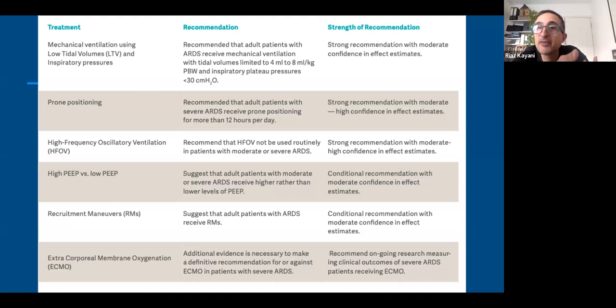And ultimately, when none of that works, there's ECMO, which is extracorporeal, in other words, going outside the body. The blood is oxygenated, CO2 is removed, and it's given back to the patient. What that allows is for the lungs to heal, not relying on the lungs for ventilation and oxygenation, and that allows the lungs to recover.